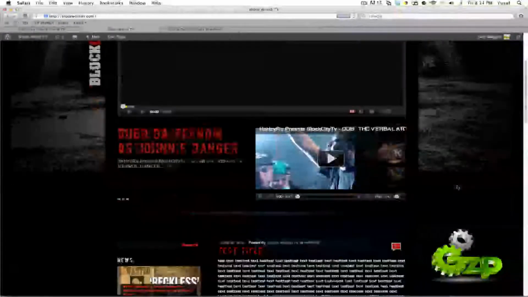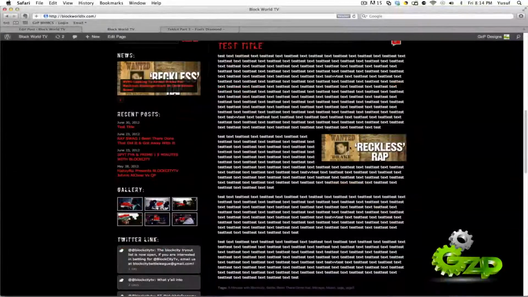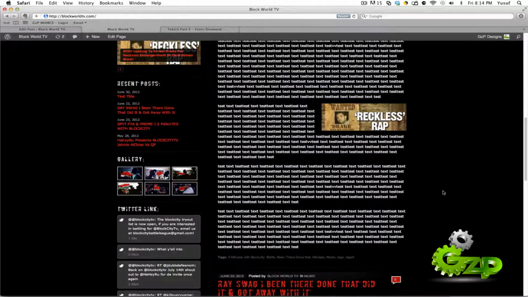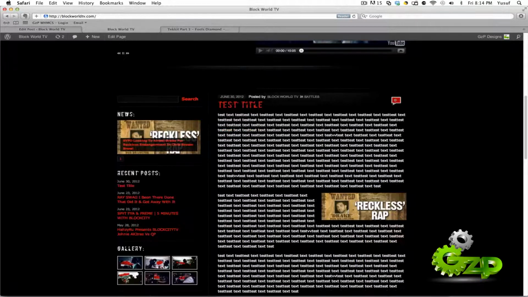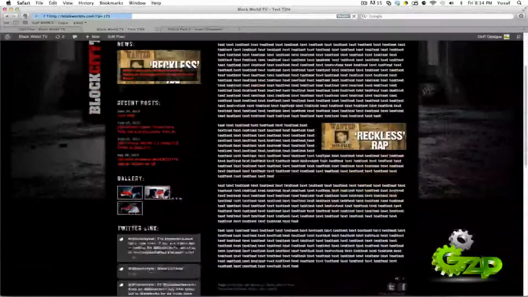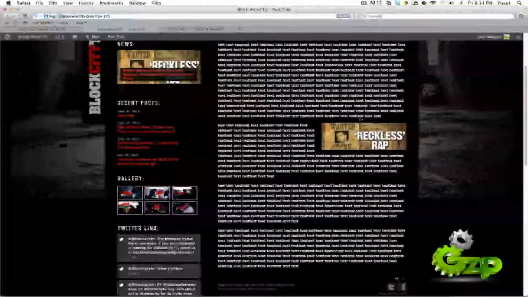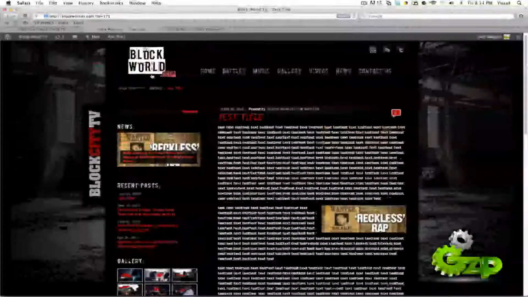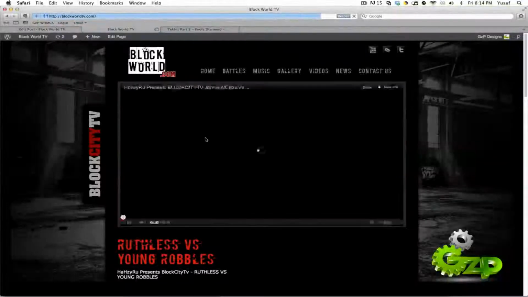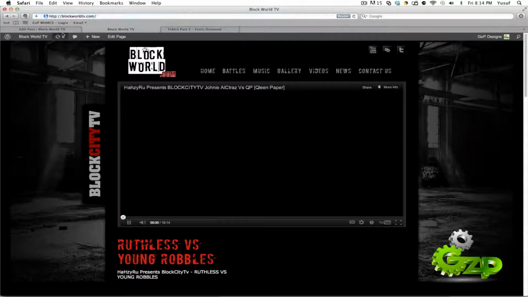And you can see the post, like I said, any post you put will automatically show up on your front page. Now this particular post has a lot of text on it, so you're probably not going to want all this text to show up on your front page. You're going to want just a picture of the post, and then the viewer can click on the particular post and go into the post itself and then read the text and see the images and things like that. If you want to take this text out so that the text is not showing up on your home page, on your first page,